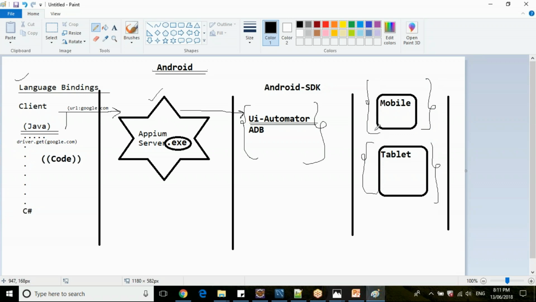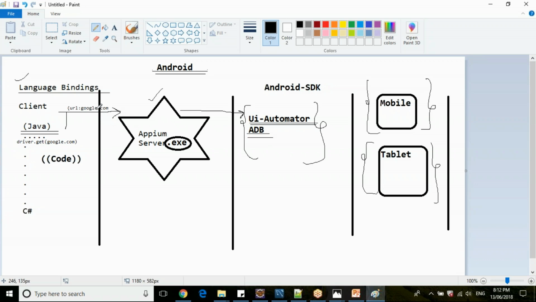So what are these mobile devices? These are Android mobile devices. When you say Android mobile device, who will have capability to manage these? Your Android SDK will have capability to manage these Android mobile devices. Agree? Now, your Android SDK has one main component: UI Automator is the culprit which is sending the scripts to mobiles and getting responses from there. But you need Android Debug Bridge also, just to communicate your mobile device to your system where the Appium is installed. That's why I wrote ADB also.